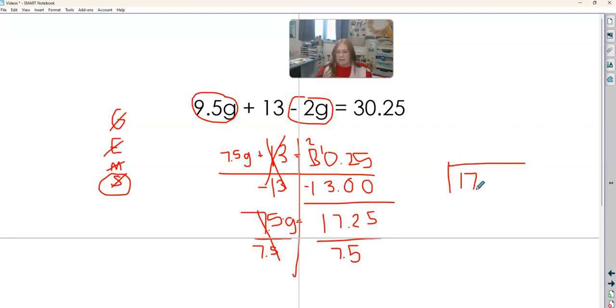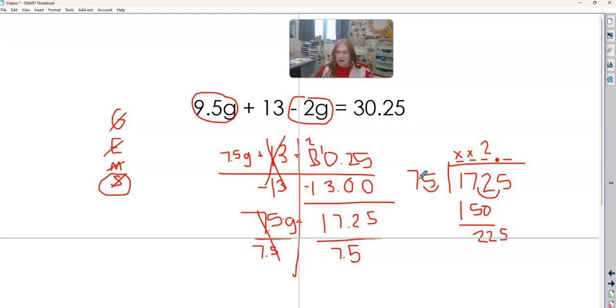So I have 17 and 25 hundredths divided by 7.5. So I'm going to move this decimal, and if I do it to the divisor, I've got to do it to the dividend. So now my decimal is here. So I need something above each of these. So 75 can't go into 1, can't go into 17, but 2 75s makes 150. And then when we subtract here, we are left with 22. I had some major math problems, but 22, not 25 or 52. I messed it up a bunch of times.